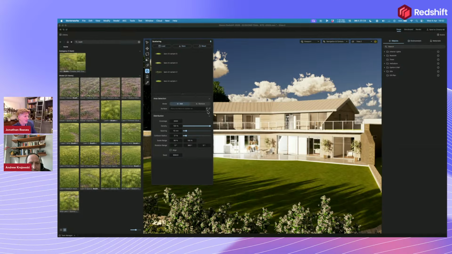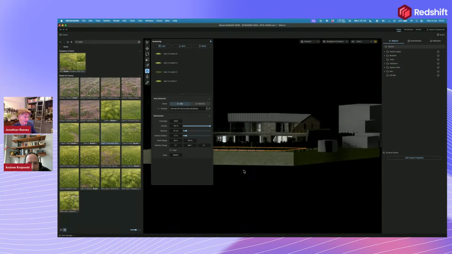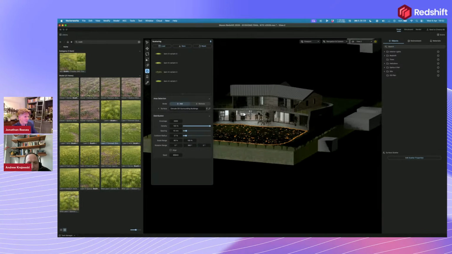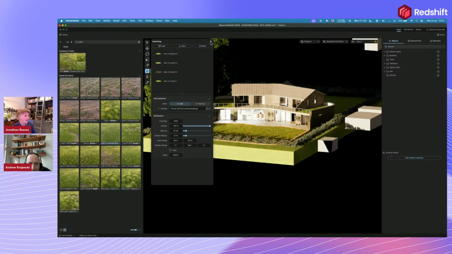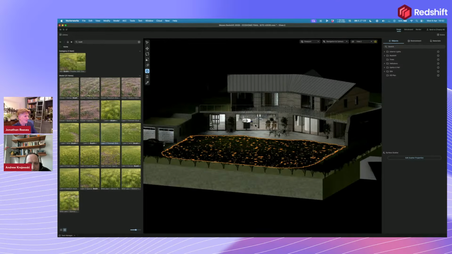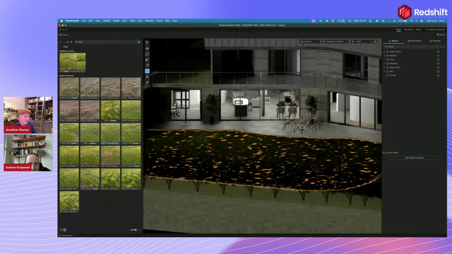Yeah. And all I need to do is click on the pipette and click on my surface, and then give it a second or so, and you'll notice that will start populating. Oh, it looks like the camera got moved. Yeah, sometimes that can happen. That's a little glitch. Forward. You can see we have now populated using